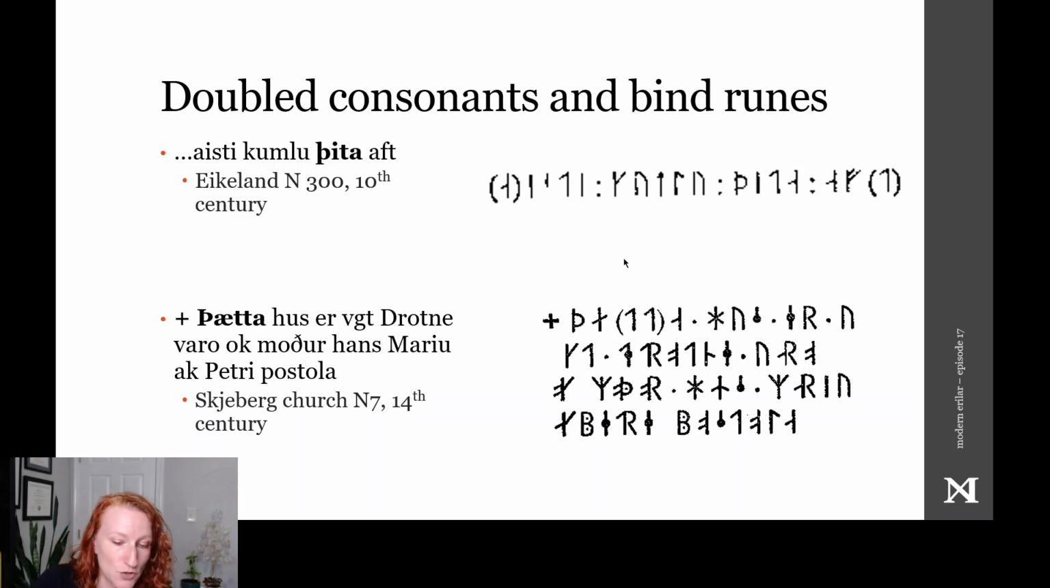During the Viking Age, words like "thet", for "this" or "that", would have been spelled with a single T, but by the 13th century and later, they would have been spelled with two T's. In some inscriptions, this was accomplished by writing the rune twice, like you see here, though in other inscriptions, the